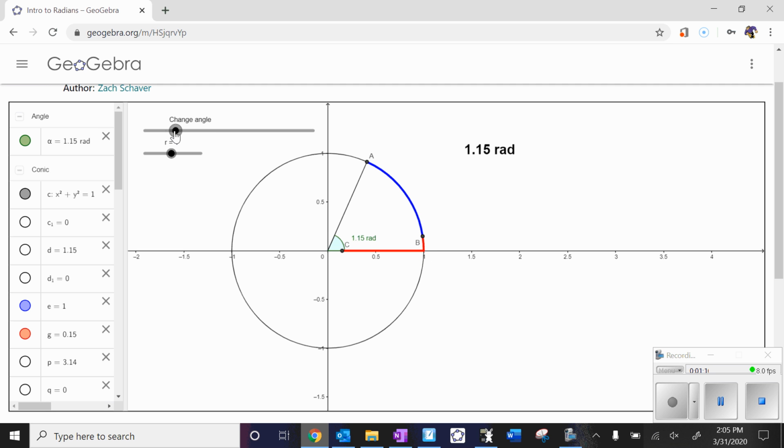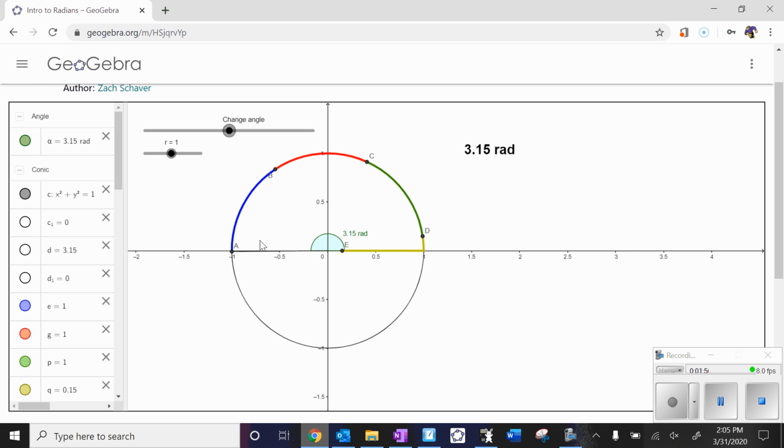I'm going to keep on going. I want you to see how interesting and cool this is. Now I have 2 radians, or 2 radius, 2 radii, whatever you want to call it. Okay, go one more. This would be 3. Just a little bit farther. There's 3 radians. And if I go and get halfway, I want you to notice what